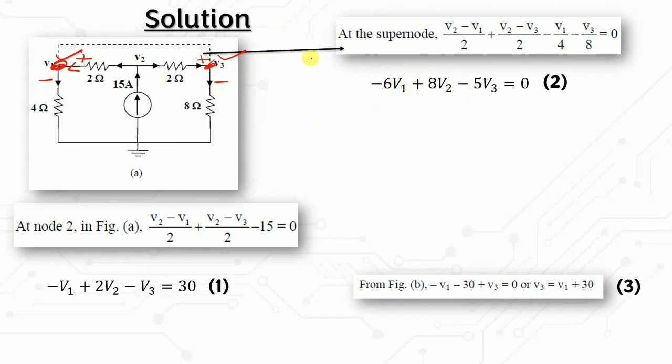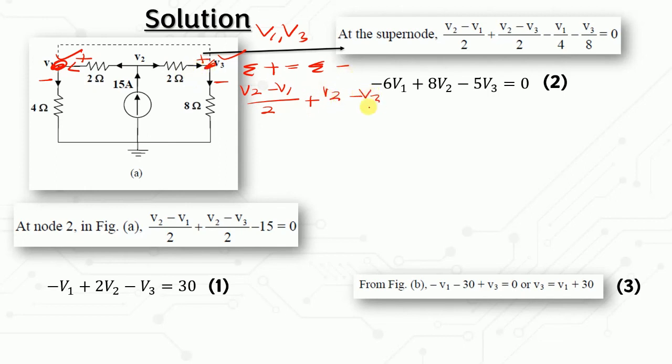So we have the summation of the positive and the negative currents. For the positive currents at node V1 and V3, we have the positive current coming out from here, which is V2 minus V1 over 2, plus this one,